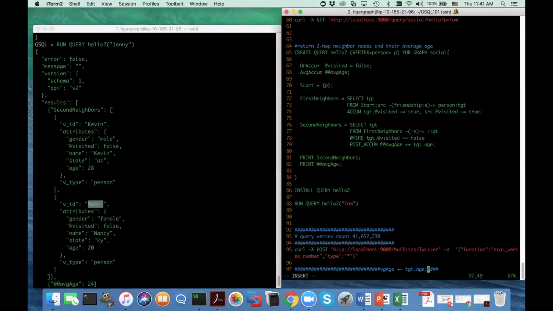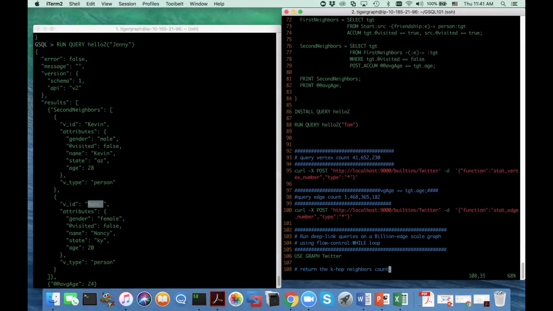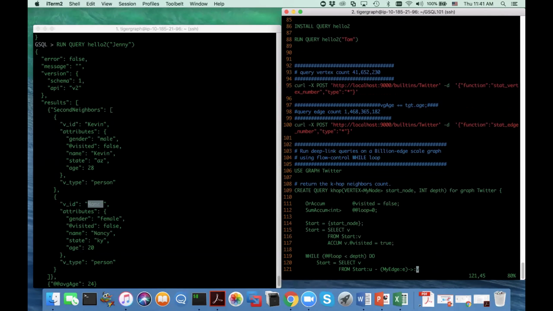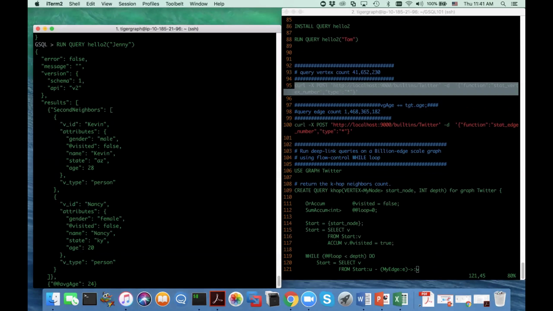Okay, so at this point I have finished the step-by-step guidance on GSQL 101. So I want to leverage the remaining time to run a deep link query on a billion edge graph. This is our benchmark data set, and it's publicly available. So let's first use some built-in REST endpoint to see the